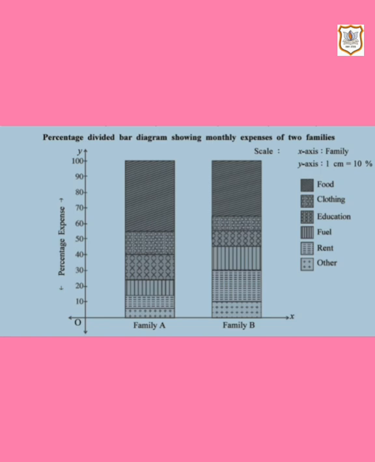Similarly, for family B, we have to take out the percentage, then the split up numbers, then we have to mark according to the split up numbers in the graph. So we are done with the percentage divided bar diagram sum and even with the simple divided bar diagram sum. Sum number 5 and sum number 6 of exercise 2.3 of your textbook will be your homework. Go through the topic, revise it thoroughly.